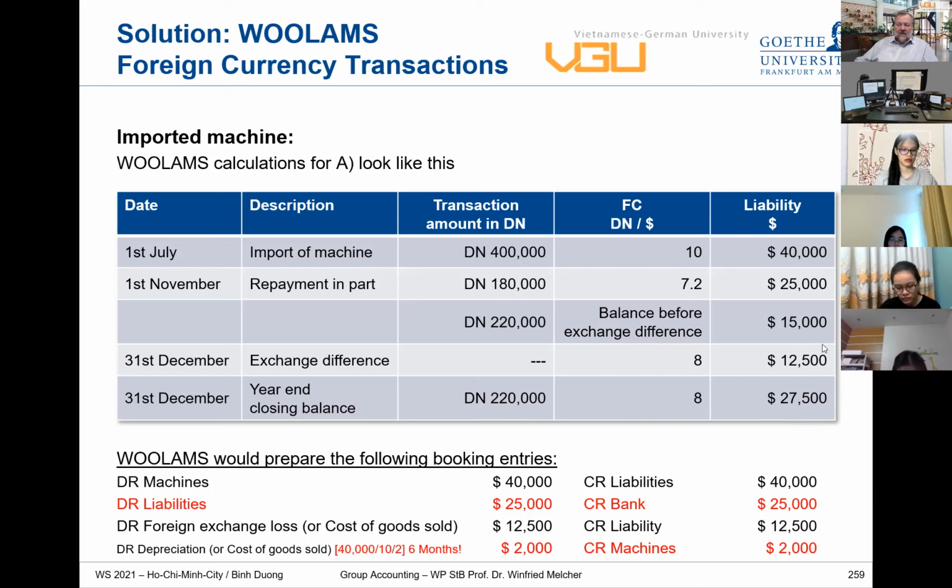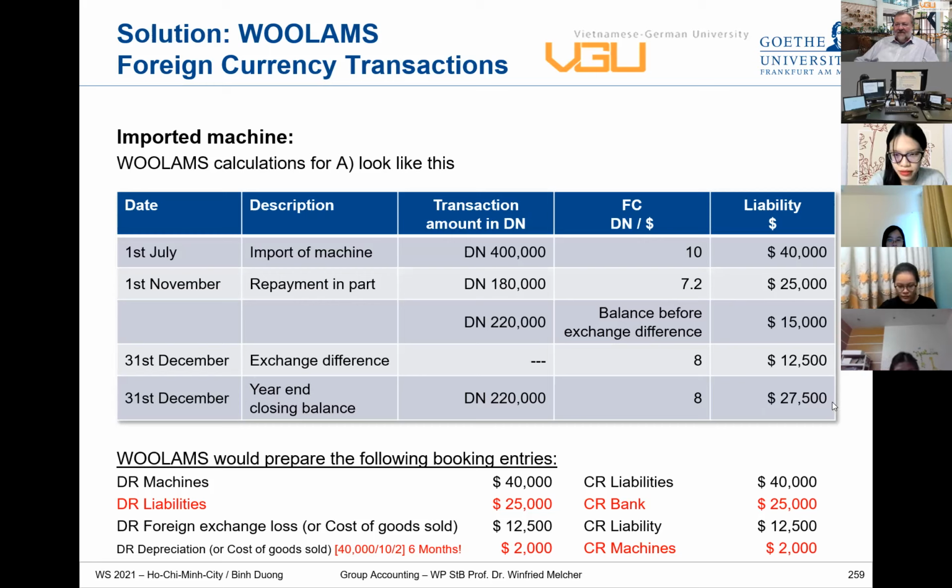So we have to book for the difference, which is an exchange difference or an exchange loss, in this case, of 12,500. So I think the company would have been better off if they had paid the total amount using 7.2, right? But okay,